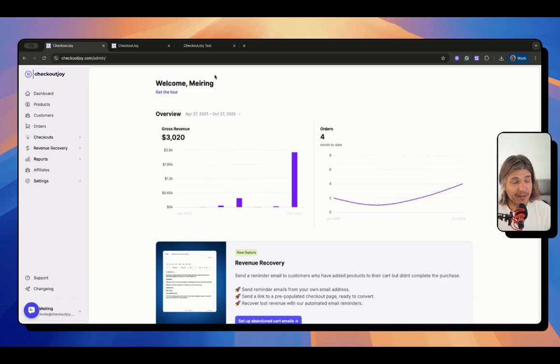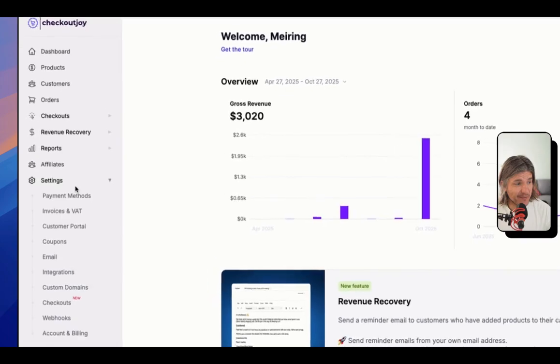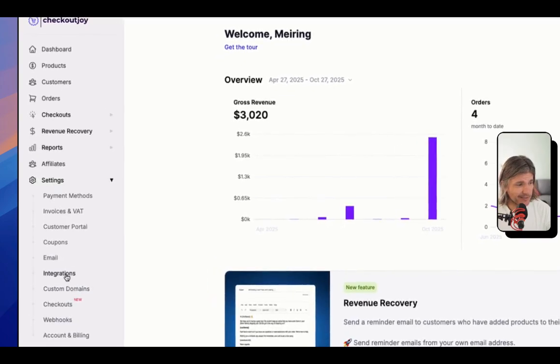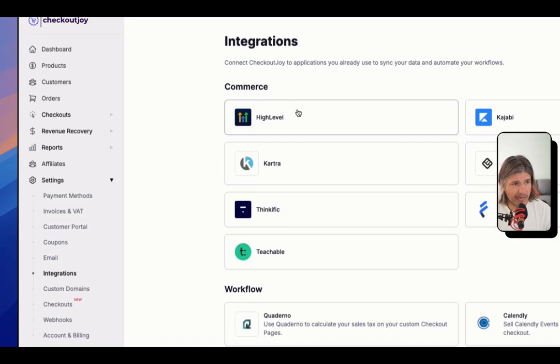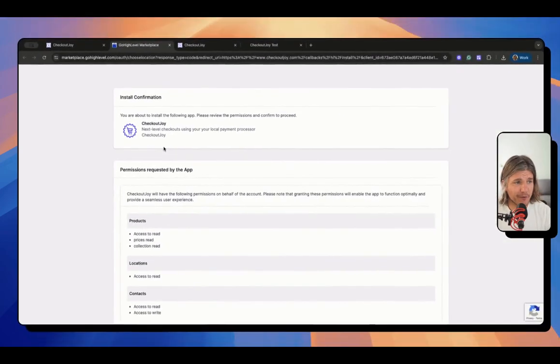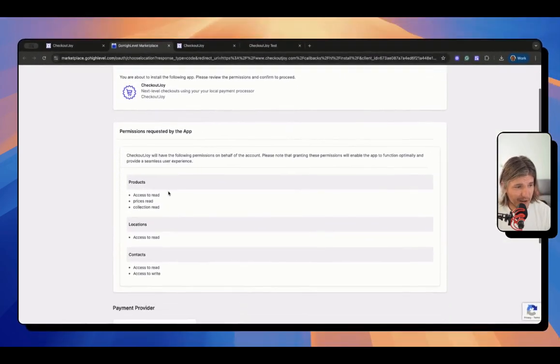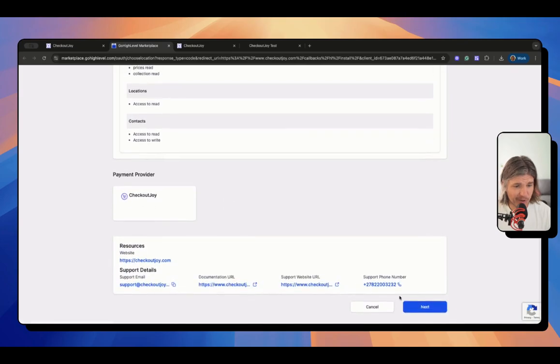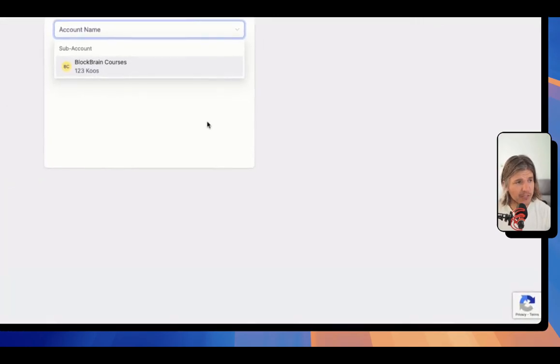So in your CheckoutJoy account, you go to Settings and Integrations, and you select the HighLevel integration, and you select the Install App button. So this takes you to the Go HighLevel Marketplace with the CheckoutJoy app information. You scroll down, you install. It will ask you to select your